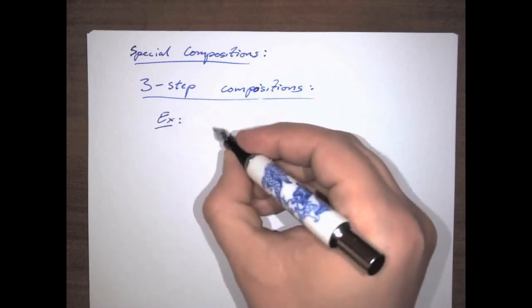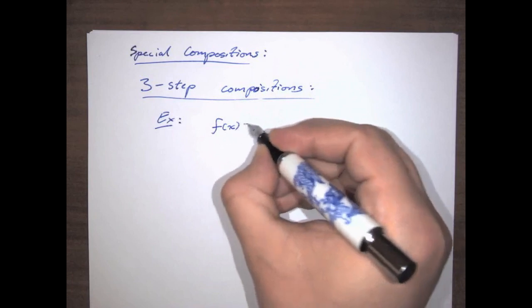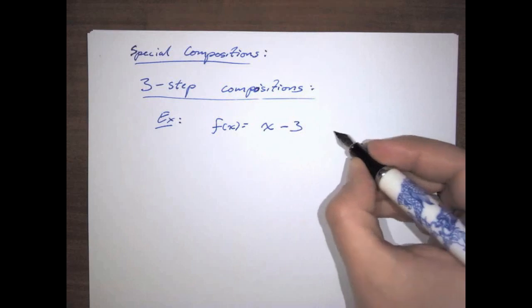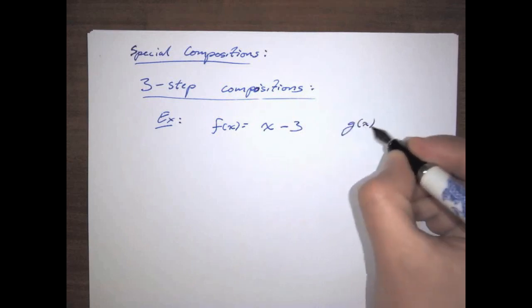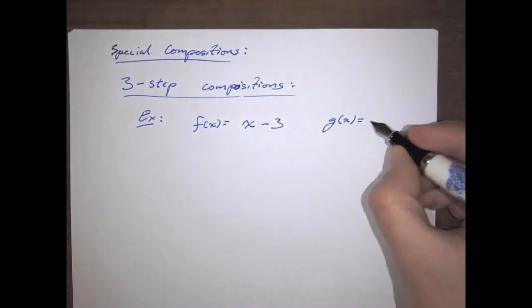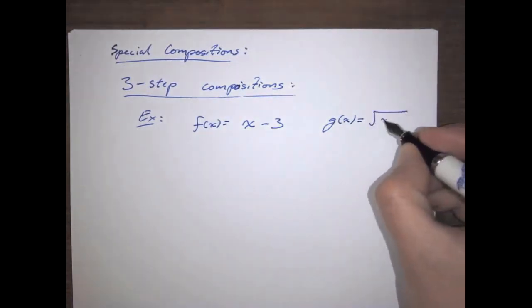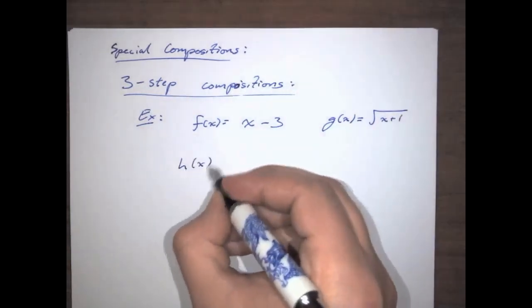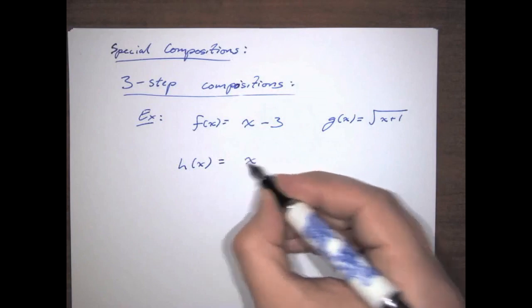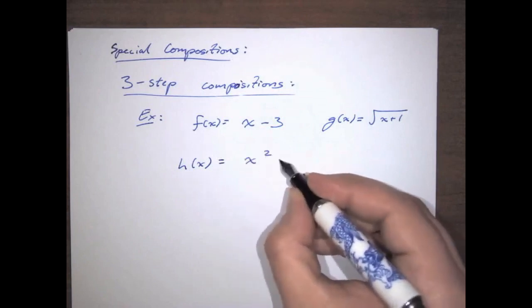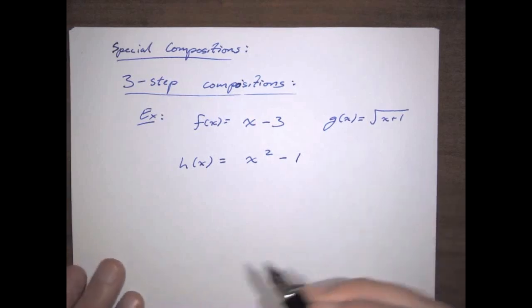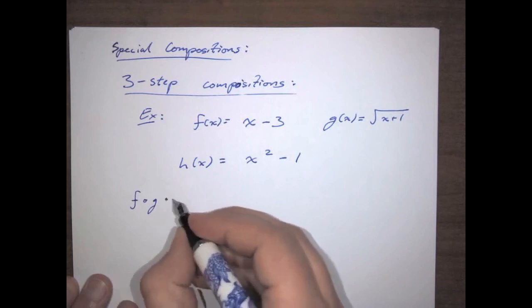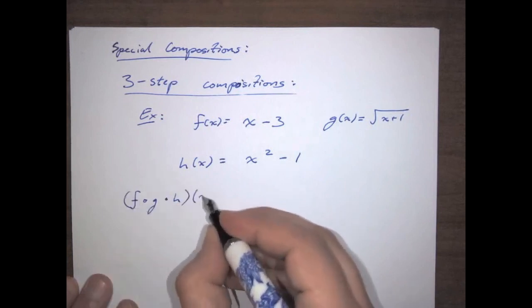Example, let's say we have f of x equals x minus 3, g of x equals the square root of x plus 1, and then let's say that h of x is equal to x squared minus 1. Then f composed with g composed with h of x